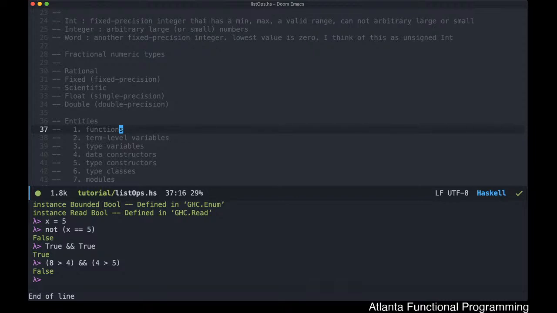At the same time, we have term level variables. The phrase term level actually means something very specific in Haskell, and I think it's important to be aware of what that is. So there are two levels of... how can I explain this? So